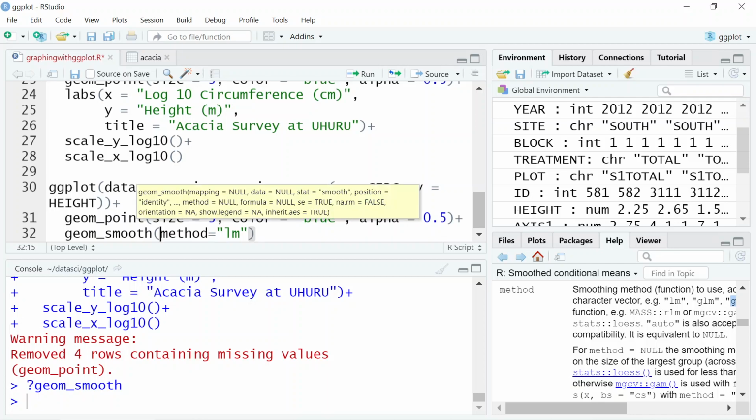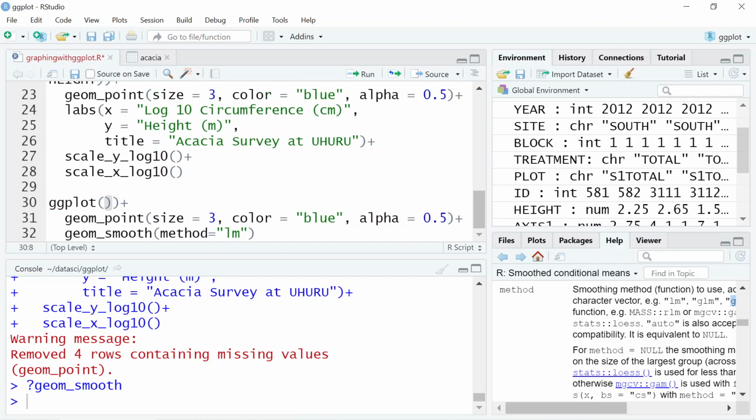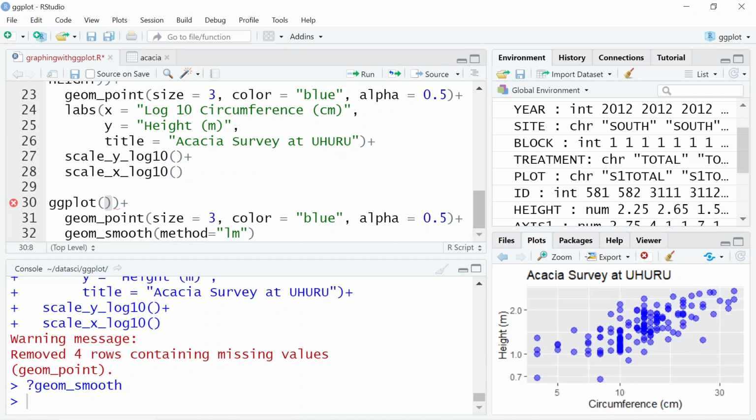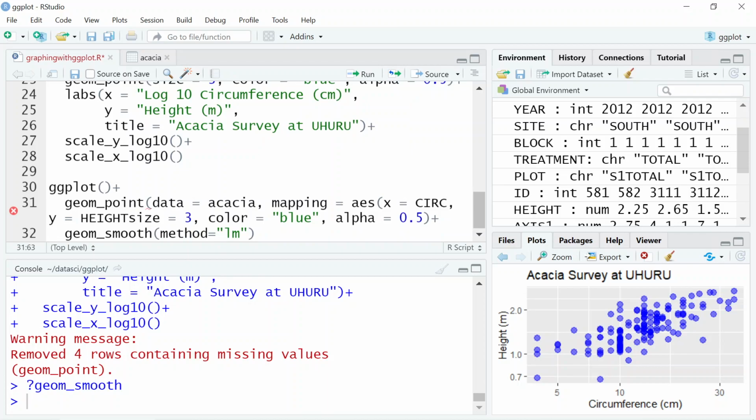Notice that the arguments are data, mapping, but typically you'll pull these in from ggplot. Otherwise, if you're going to work with different data in the same plot, then you would need to designate your data